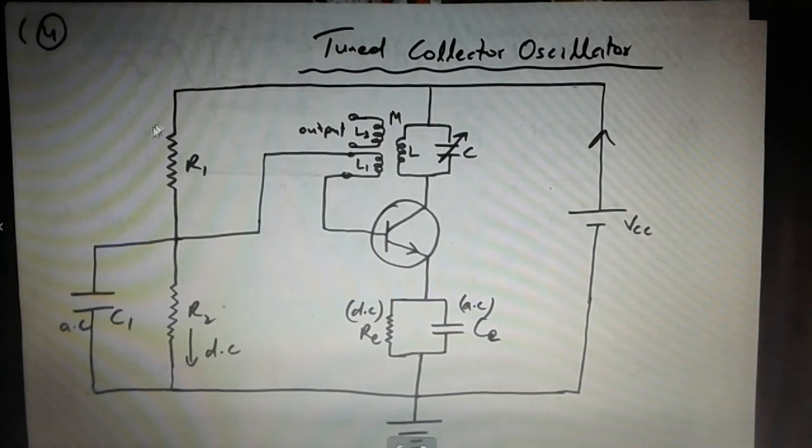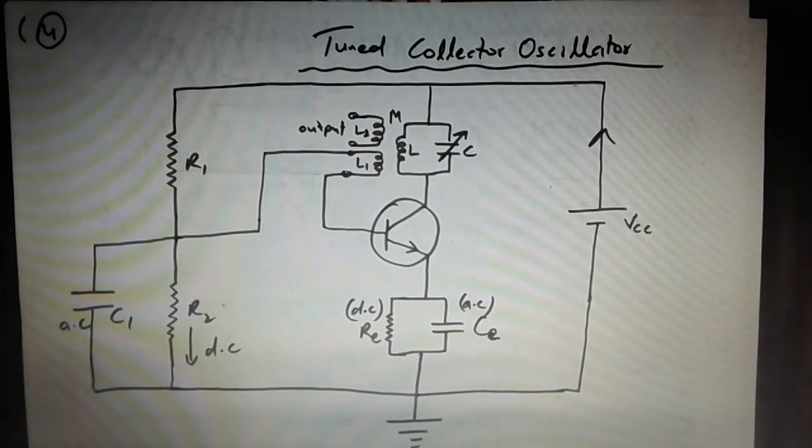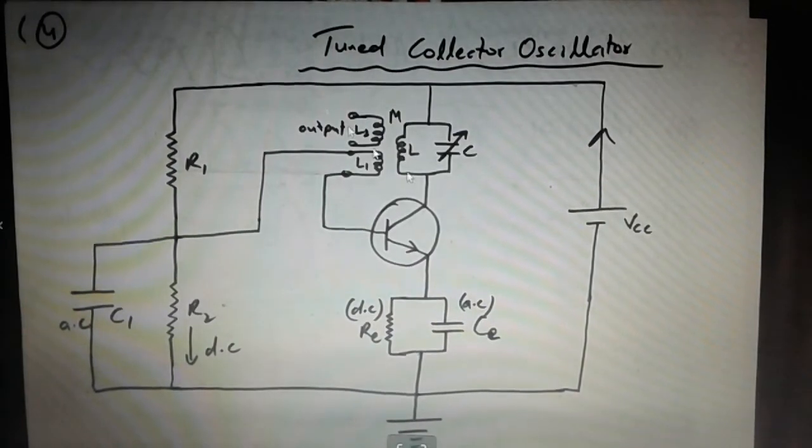The set of resistances R1, R2, the battery VCC, and the resistance RE are just there to act as a transistor biasing circuit, and this is a voltage divider bias. As we have seen in the previous chapters, the voltage divider bias is the best biasing circuit to fix the Q point. Therefore we use that biasing circuit. The capacitors C1 and CE are used to bypass the AC, because as we know AC can be easily passed through a capacitor. So that is the main working of